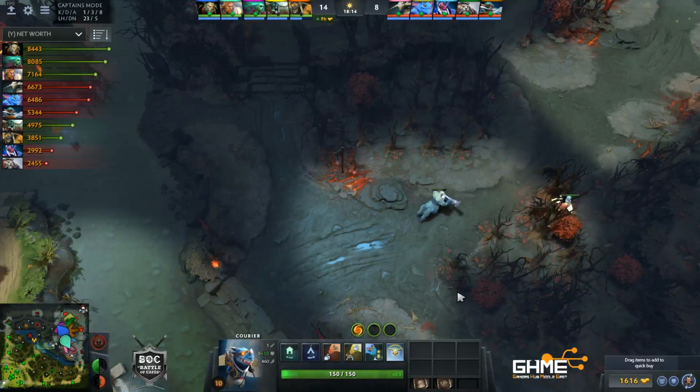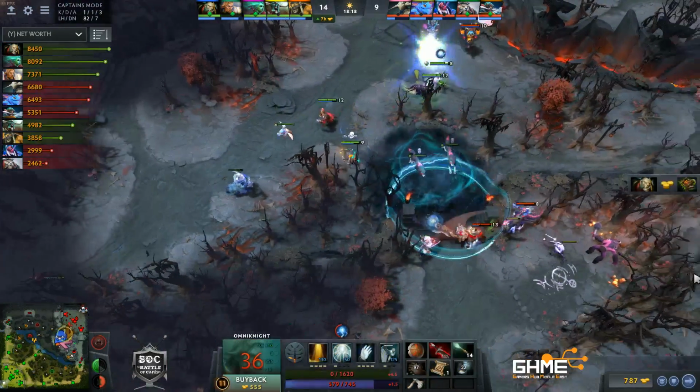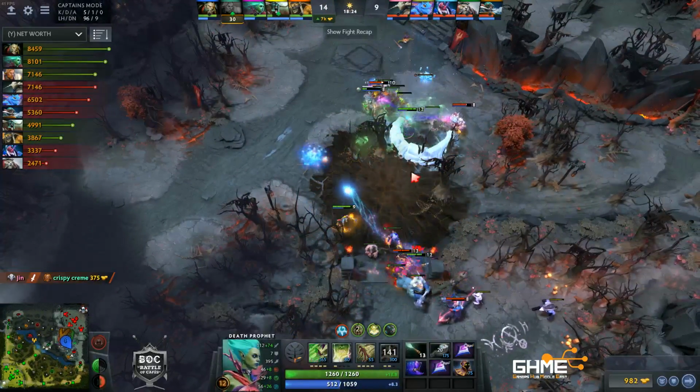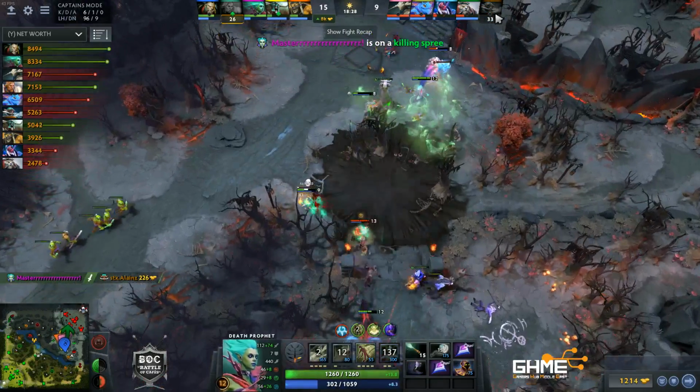Yeah, already level 2 Necronomicons. And is it level 3? Yeah, he's bringing level 3 already for him. But Omni Knight was caught off guard, and that's a very sweet initiation. The Dream Coil of Puck found 4 or 3 targets, if I'm not mistaken, but that's already Gyrocopter down, and